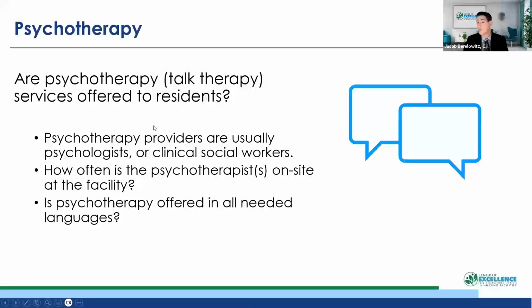Psychotherapy. So this is separate from medication management, right? This is talk therapy, psychotherapy services. And this is another important component of good behavioral health care. So taking a look at what kind of provider do you have coming in? How often are they coming into the facility? So again, right, how often do we need them to come in? How many residents need psychotherapy? If you have a large amount of residents, then maybe they can't all be seen in one day in rounds, but rather the psychotherapist needs to come back twice.